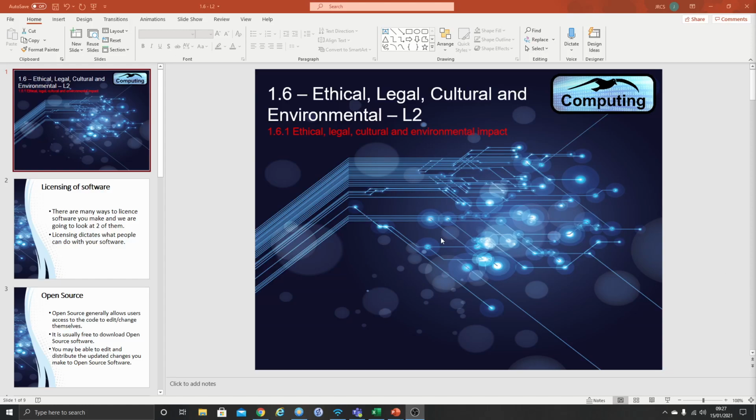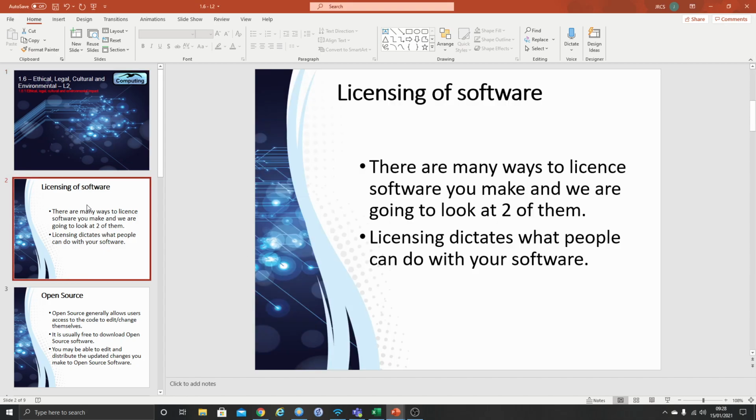So in this lesson, we're going to be looking at 1.61 lesson 2, and we're going to be looking mainly at licensing of software. So basically, to start off with, when you create some software, be it an app or a game or whatever software you're making, you have to release it in some way with a license. And what a license is, it dictates what people can do with the software that they get or buy,